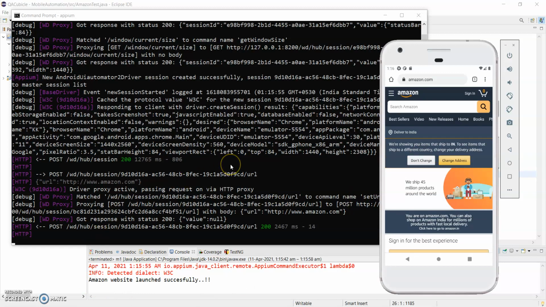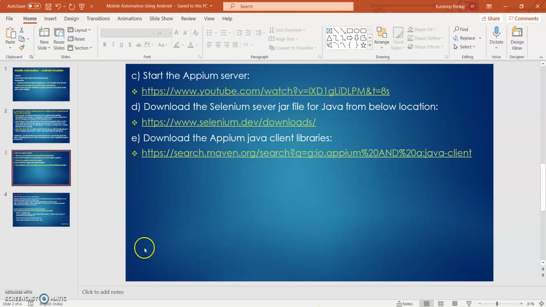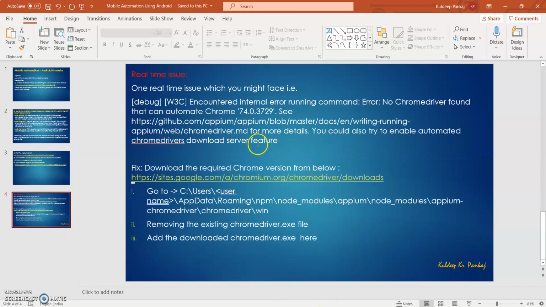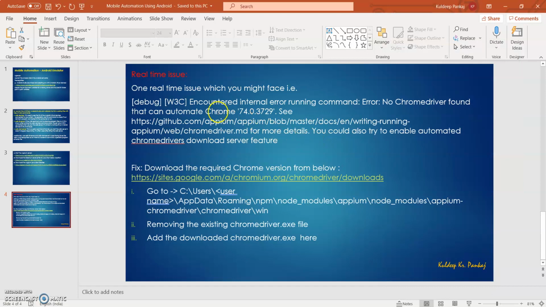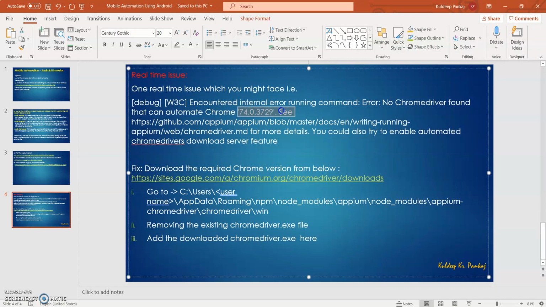One more thing I want to share here is that I was facing one issue related to the Chrome version. Basically, we are not very sure what the version of Chrome will be here, so sometimes you will encounter this error related to your Chrome version. In that case, simply go to this website and download the Chrome driver version.